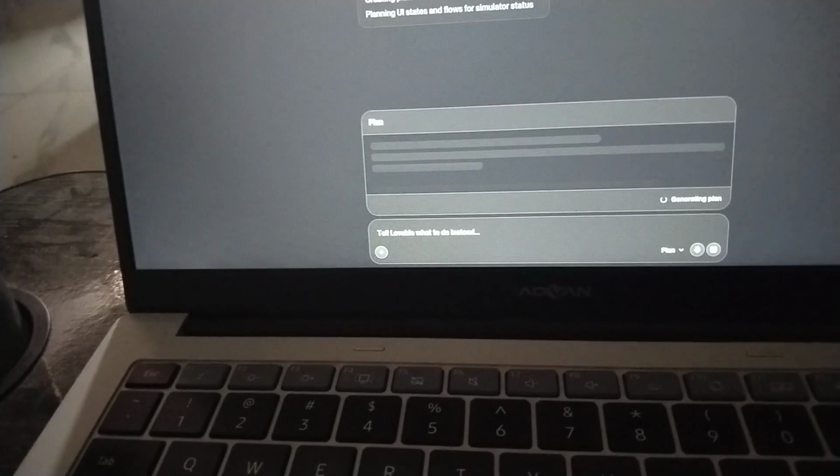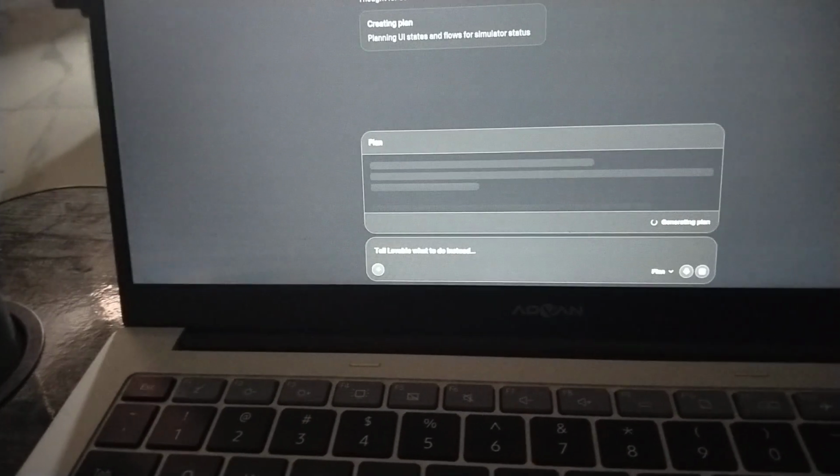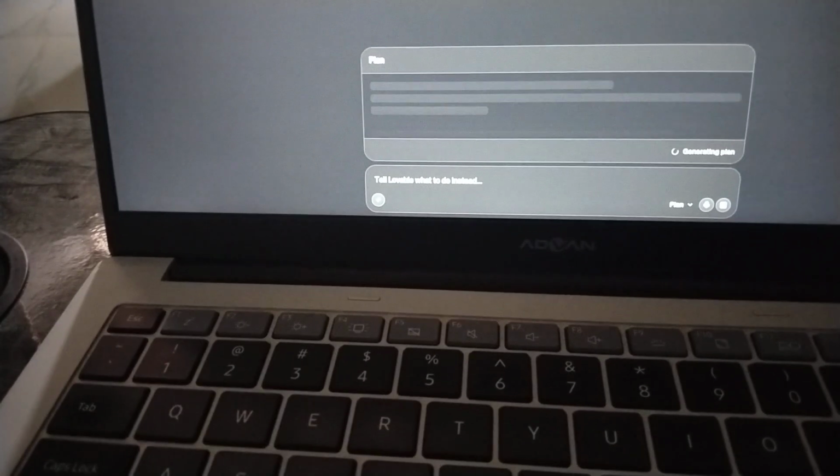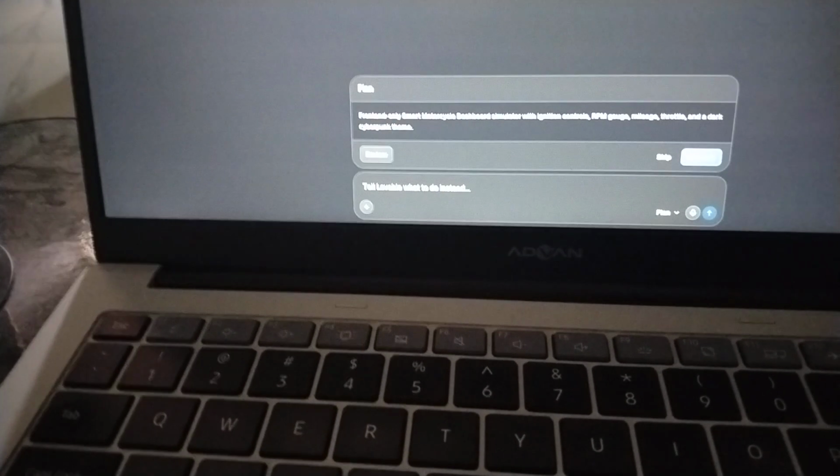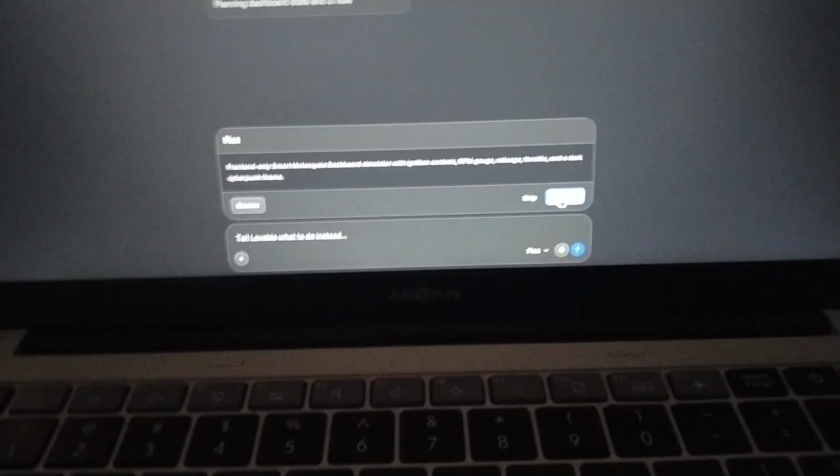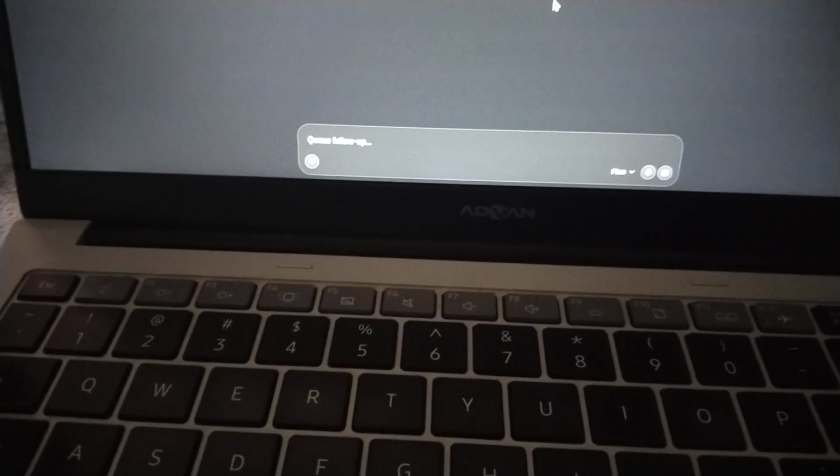I gave it specific instructions to build a web app with React and Tailwind CSS. So, I can approve the plan, and I broke it down into a few core system instructions.